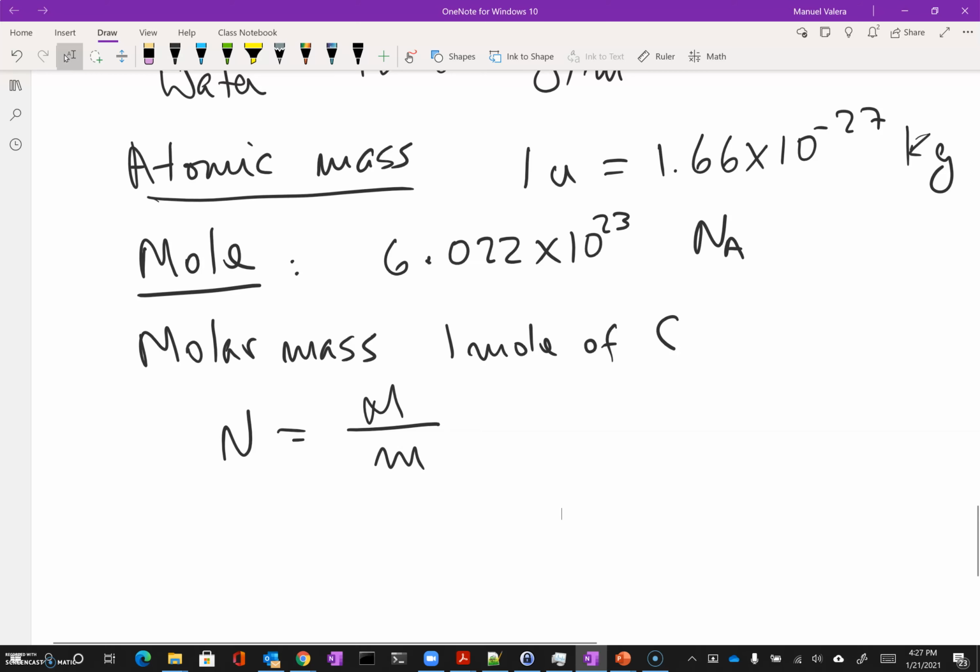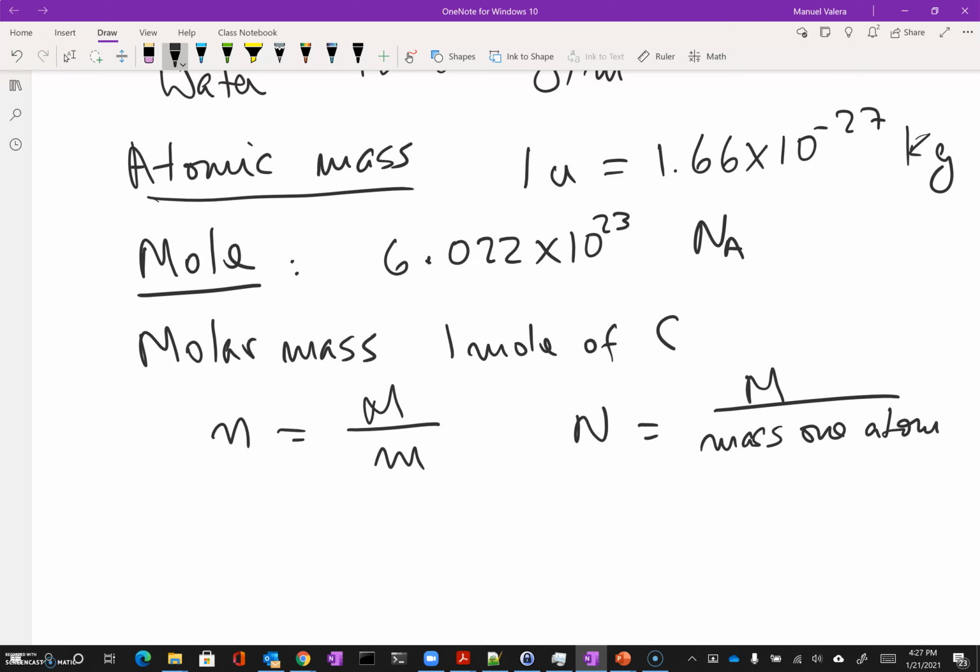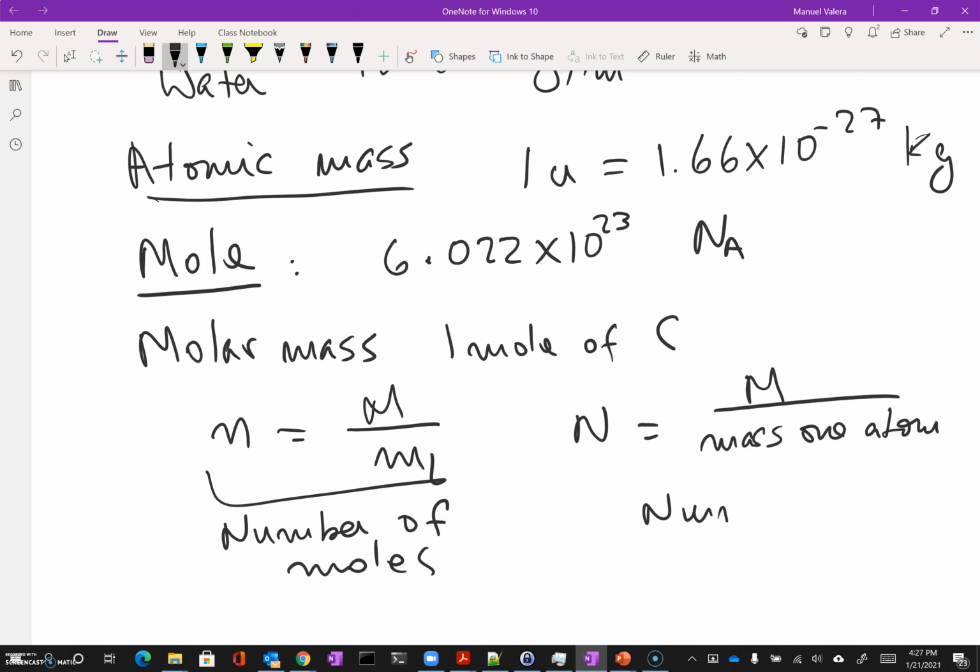And typically the number of moles is denoted with a little n, sorry about that. If you take the total mass and divide that by the mass of one atom, you get the total number of particles. This is number of moles. And this one here is number